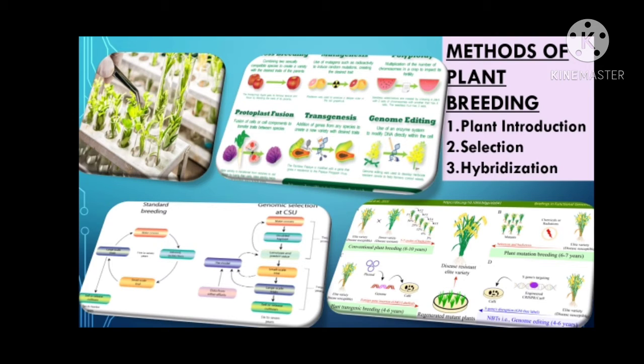Now there is a particular procedure of performing plant introduction. The first step is procurement of plant or germplasm. Germplasm is mainly collected from the National Bureau of Plant Genetic Resources or from the International Bureau of Plant Genetic Resources. Then packing and discharge, the second stage. Third stage is plant quarantine. Fourth stage is cataloging. Catalog will be made on the basis of the origin of plants. Like I'll give you an example.